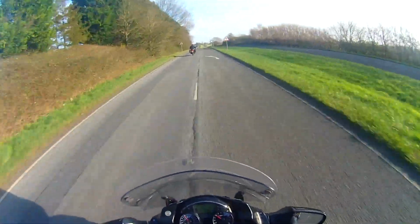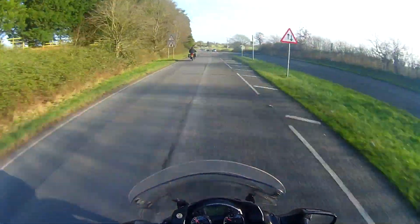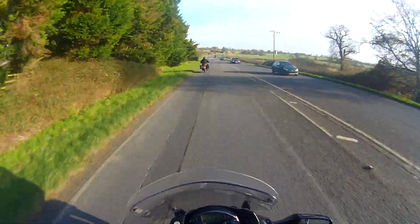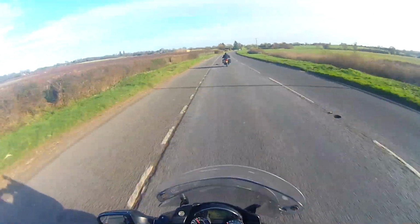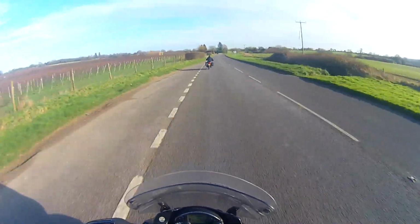So I've got to stay out wide because, looking at it, it goes around to the left, so stay out on the offside carriageway and then move back into the near side. Just hang back a little bit, look at that junction, nothing coming. Whoa, there's a big thing, that pigeon in the road or something. So move